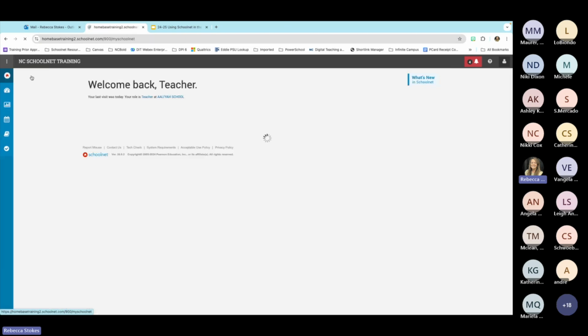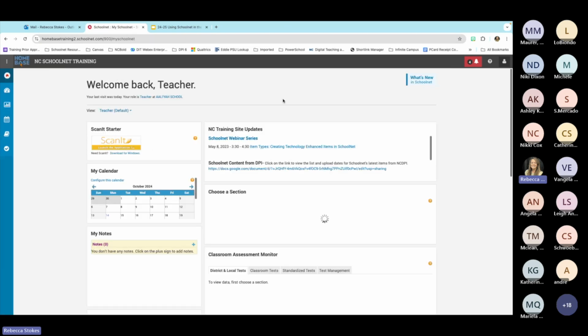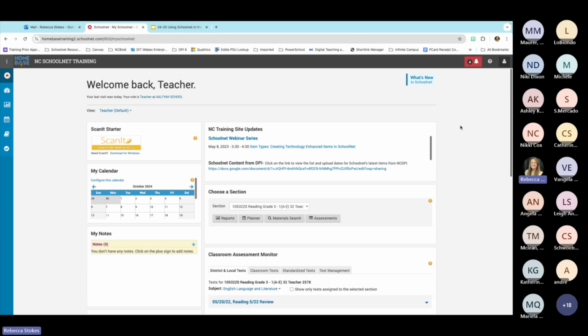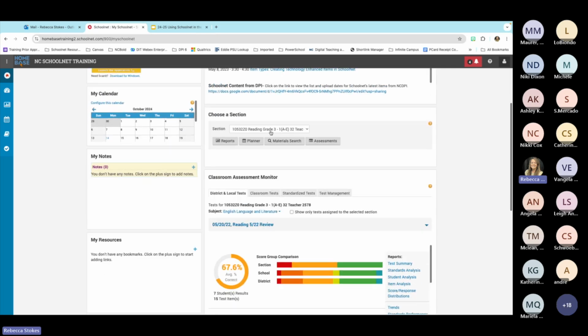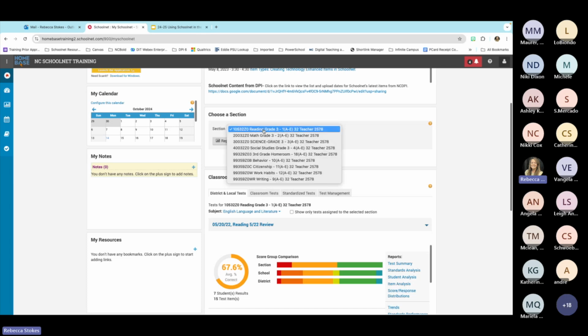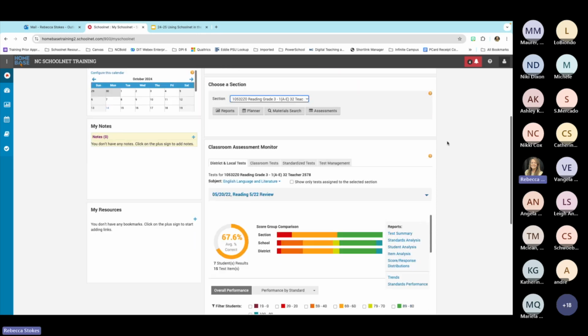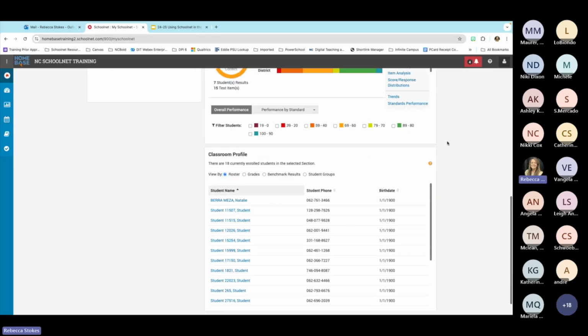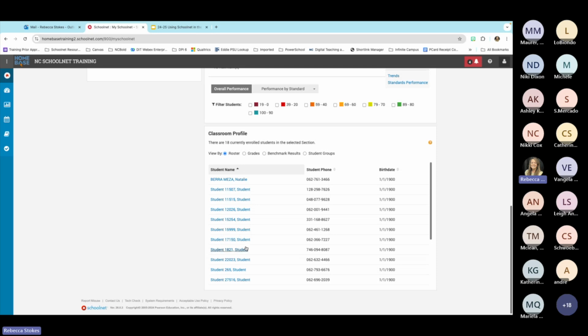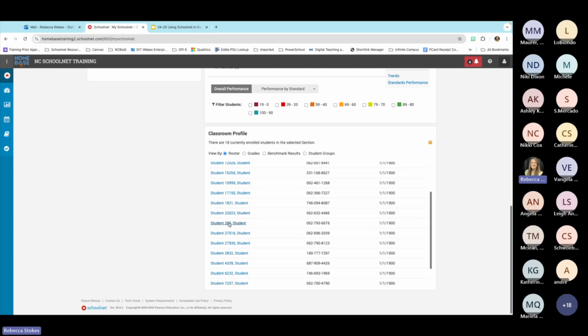If you are not aware of how to turn on the read aloud feature for your students, I am logged in as a teacher. So let's say that the student that I needed to check accommodations for was in my reading section. So in the drop down, I would select the class that they are in. And then if I scroll down, I'm going to see my classroom profile. So I'm going to see all of the students that are rostered in that section. And let's say it's this student, student 265. If I click on that student,